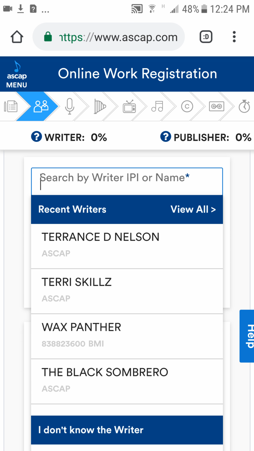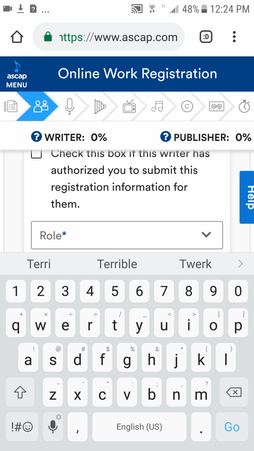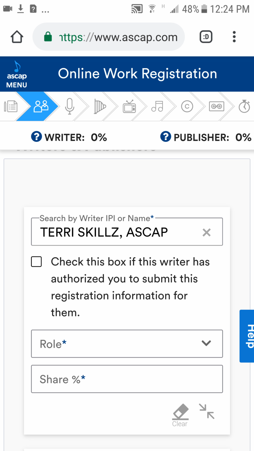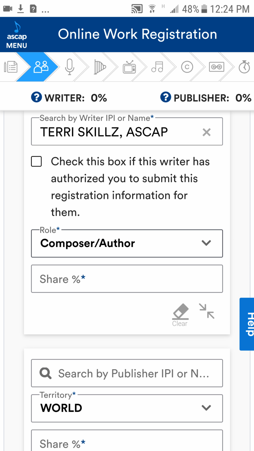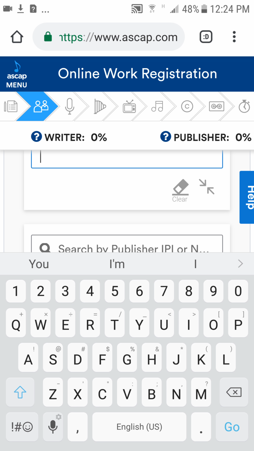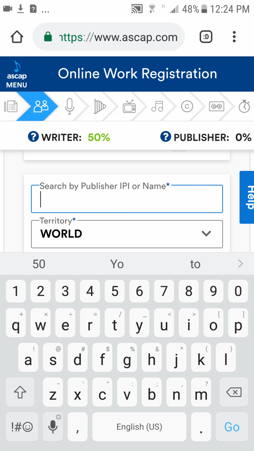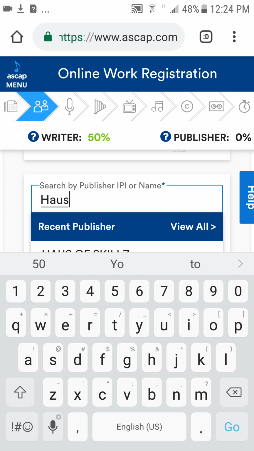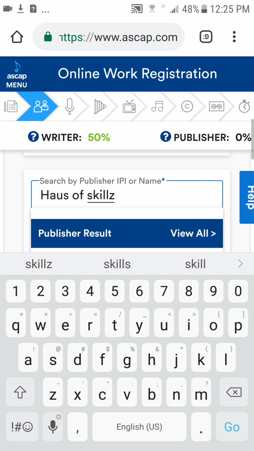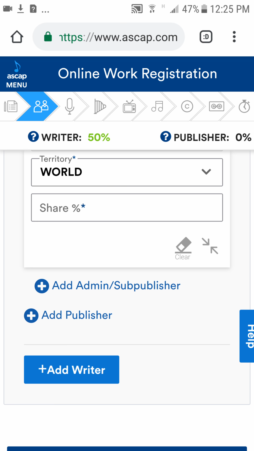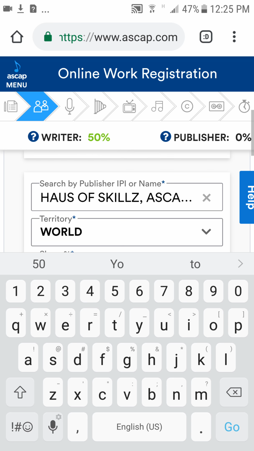You're able to register 3. I have another name that I go by too, and I can register that one for whoever wrote it. And then the role, I created everything for it. Now when you go to your share, you're going to have to do 50 for the writer share, and then we're going to go down to the publishing area, and I do own my own publishing, and it should pop up right there, and they're going to have to do 50 too. You have to do 50 with both of them to clear it.